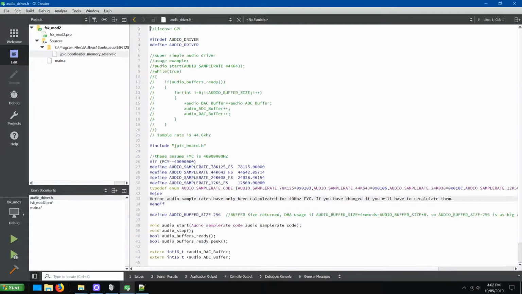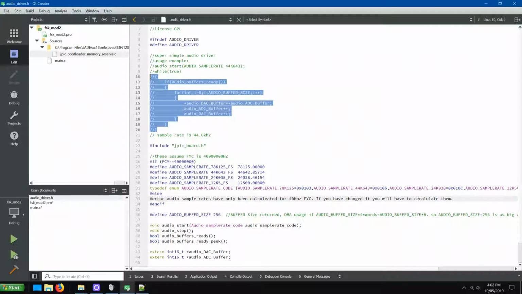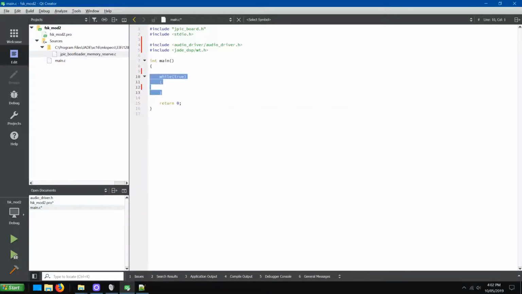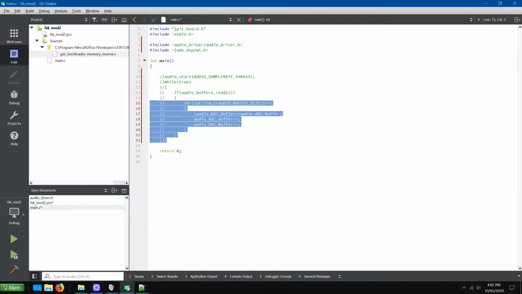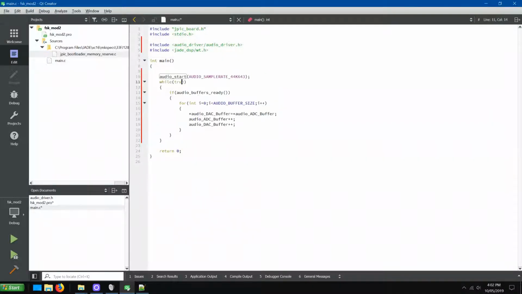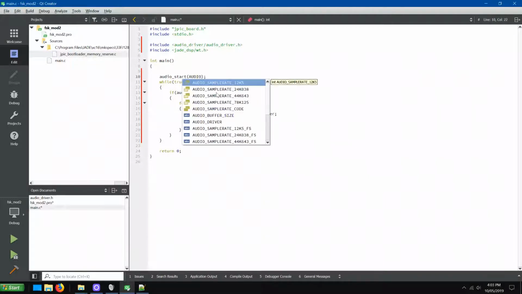So for the audio driver, control left click on the audio driver, we see a simple example. So we might as well copy and paste it. Copy and paste. I can highlight that and press Control \, gets rid of those, and Control I, auto indent it. This I am actually going to make something else. I'm going to call it audio code, say,